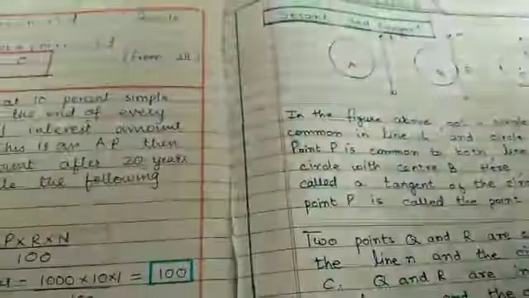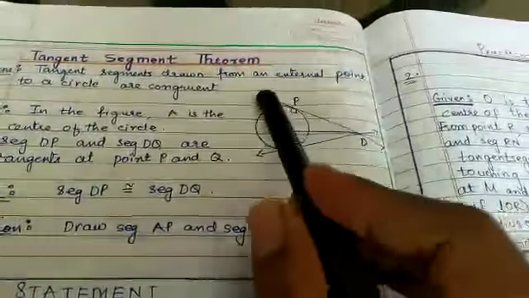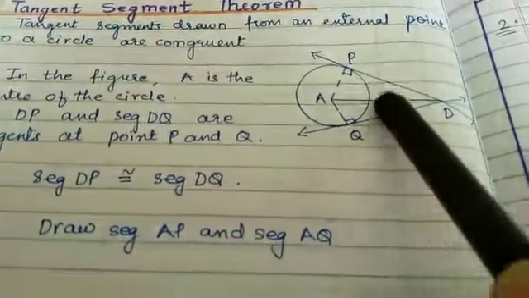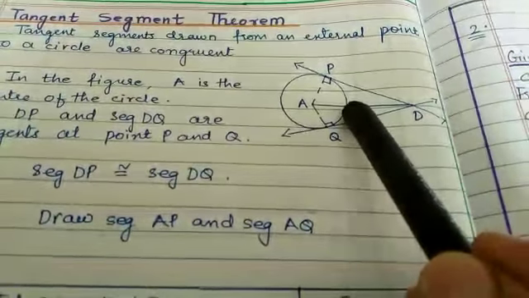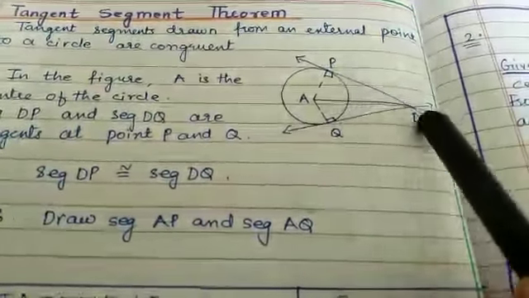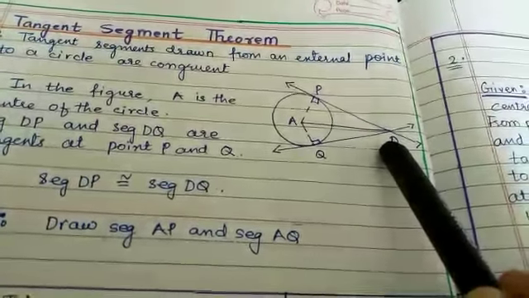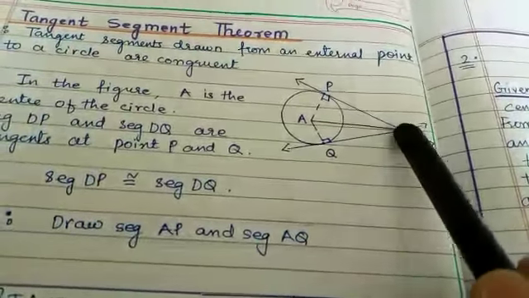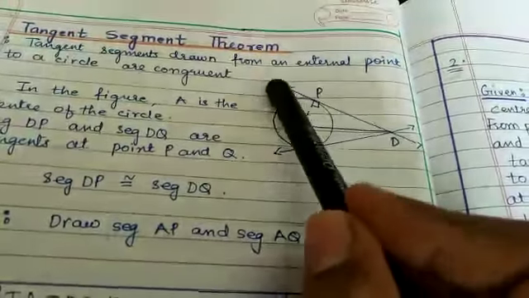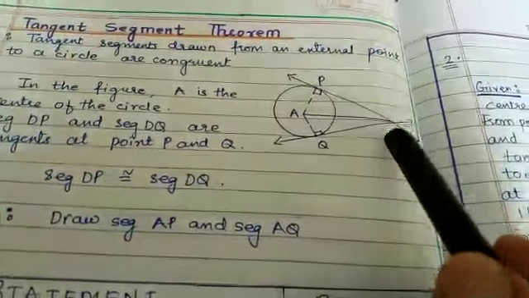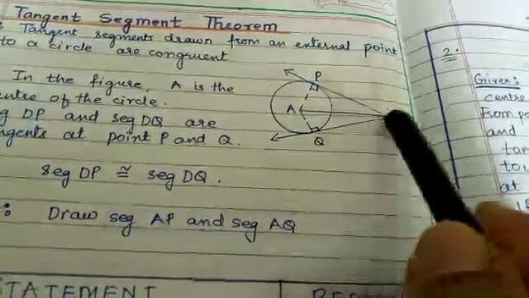Okay students, now in this theorem, if the point is outside the circle, you can see here, this is a circle. Now point D does not lie on the circle, it is lying in the exterior of the circle. सर्कल के बाहर lie कर रहा है point D. तो हम पॉइंट डी से 2 टेंजेंट्स ड्रॉ कर सकते हैं स्टूडेंट्स। एक है डी पी, और डी से आप एक टेंजेंट ड्रॉ करते हो तो वो पॉइंट क्यू पे इंटरसेक्ट करता है।